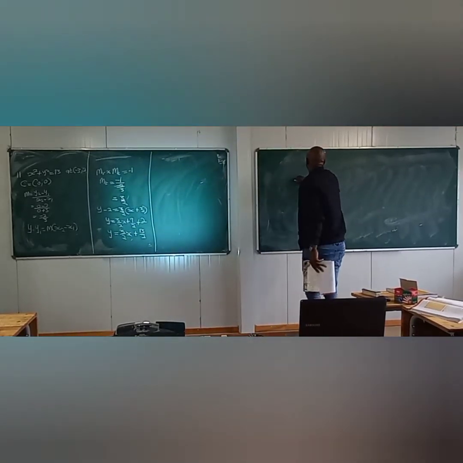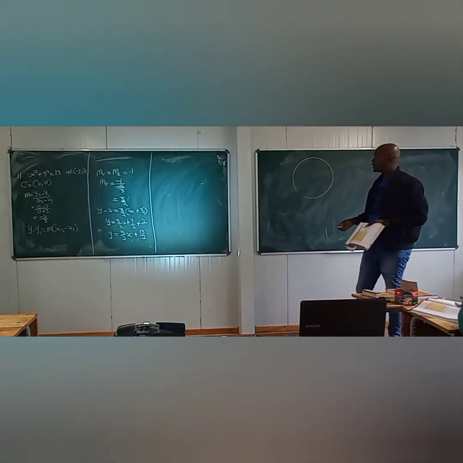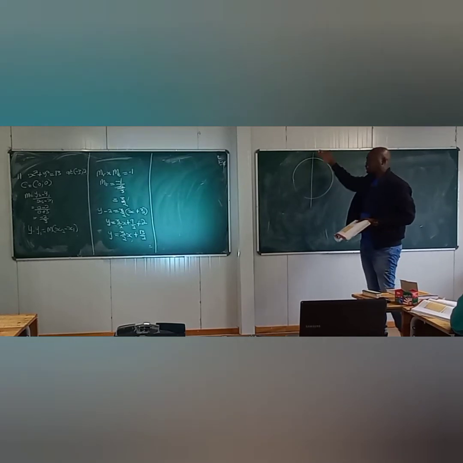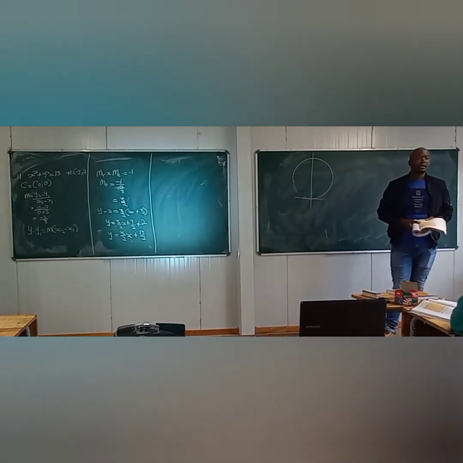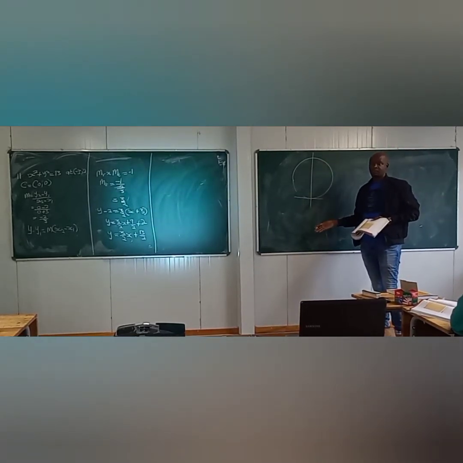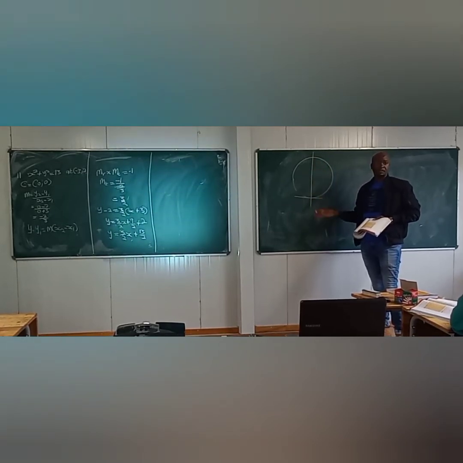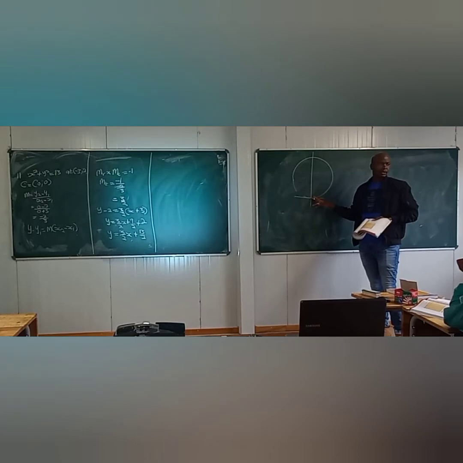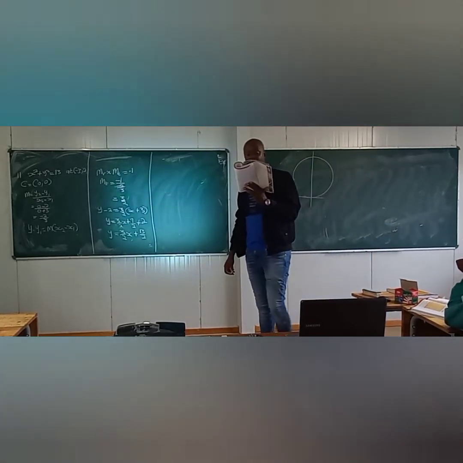So the normal, we never talk about normal in geometry again. Normally this is a straight line that passes through the center of the circle, perpendicular to the chord. The normal is the line from the center, and it is perpendicular to the tangent, not the chord. That's the normal. So the first question says find the equation of the tangent and the normal to each circle